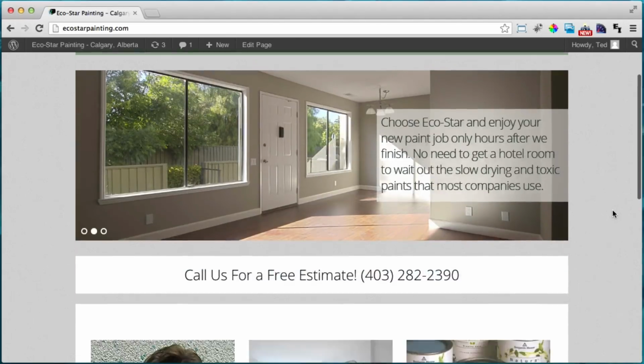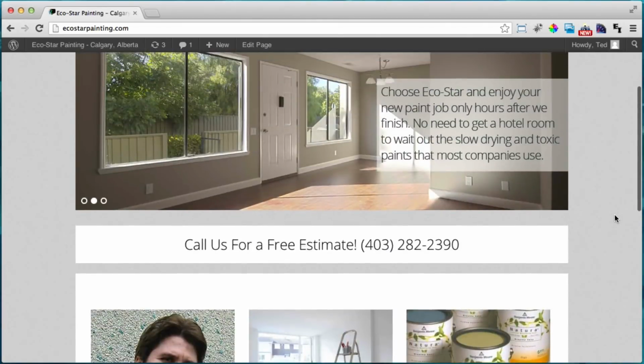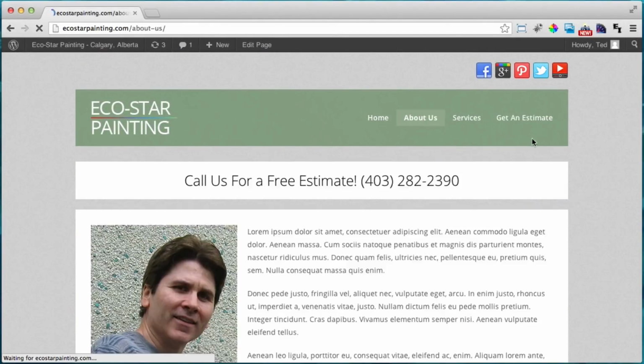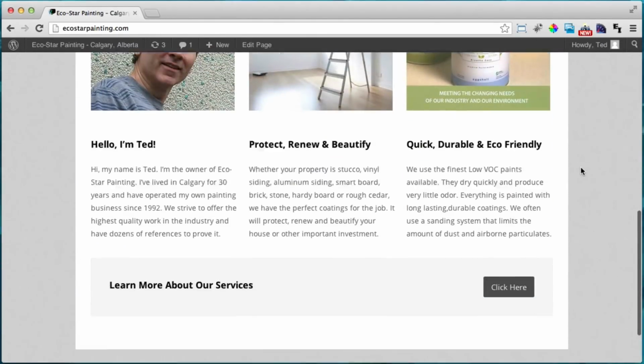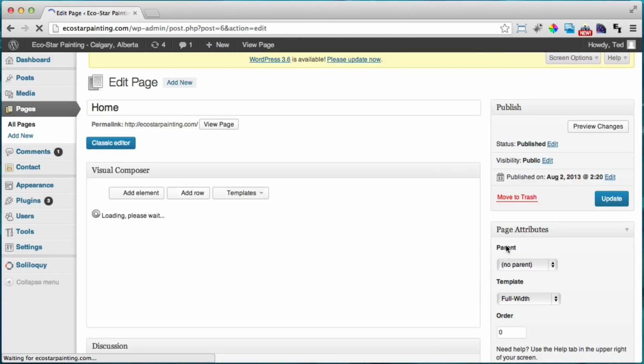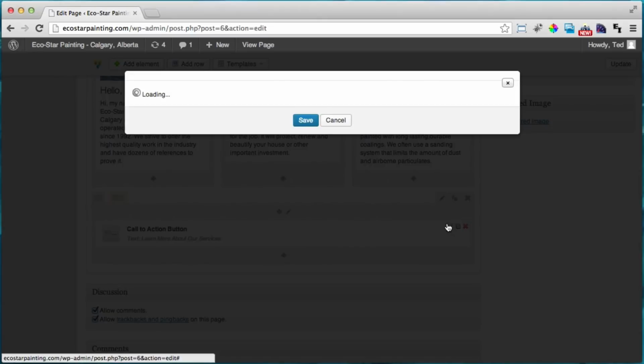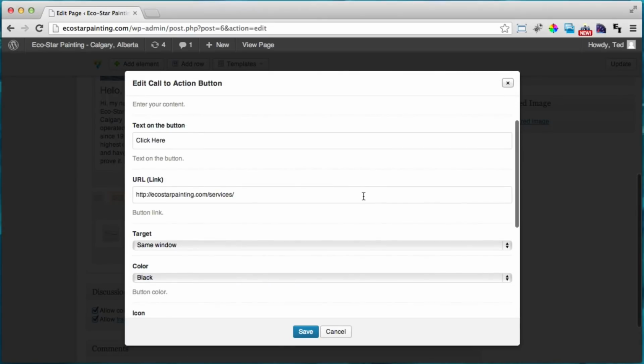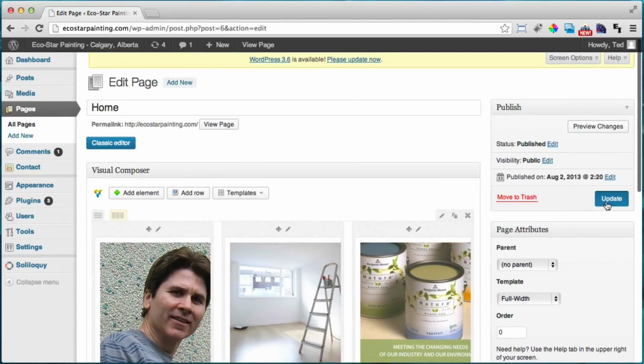All right, so now we can check over our website to see if there's anything that we need to fix about it. But I think we're pretty much done. Let's look. Oh, actually here it says click here when it should say learn more about our services. We can go ahead and edit page and go down here, press the edit button, and instead of click here, it can say our services. All right, and then click update